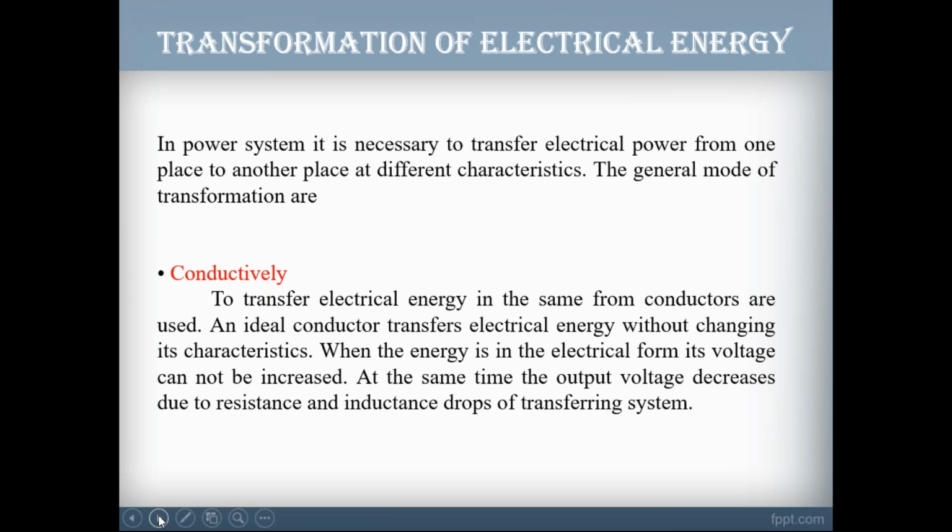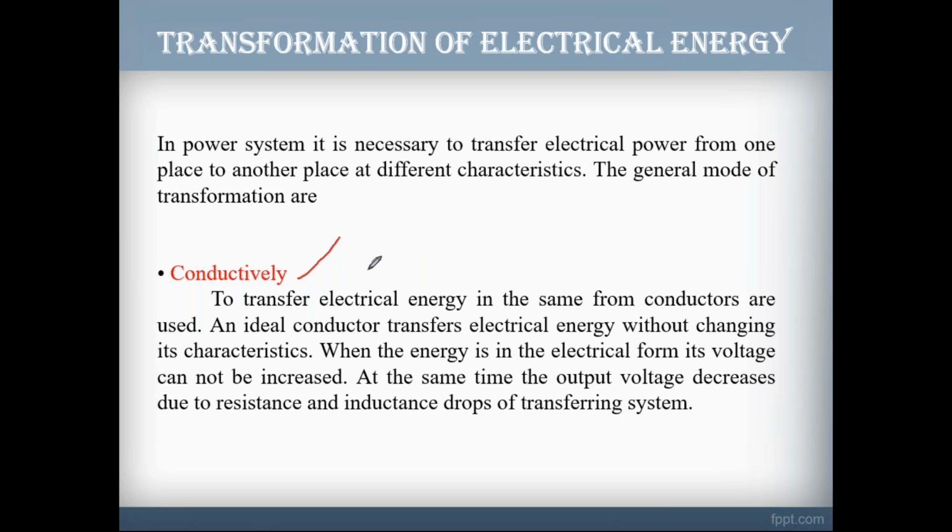Now, generally electrical energy, in fact whatever energy, can be transmitted in three ways: conductively, mechanically, and inductively. These are the three ways the energy can be transferred. Now let me see what is meant by conductivity. Conductivity means, if you take one conductor, any metal, when we apply the voltage,